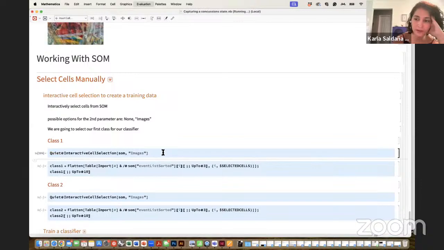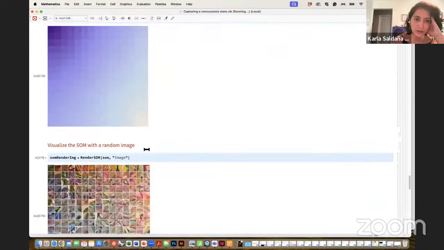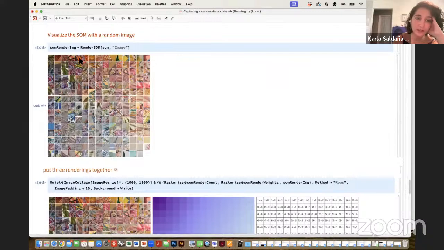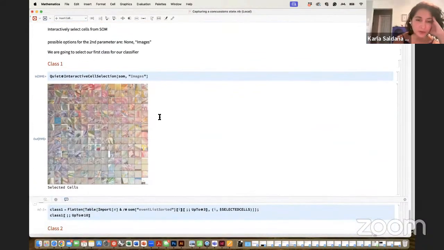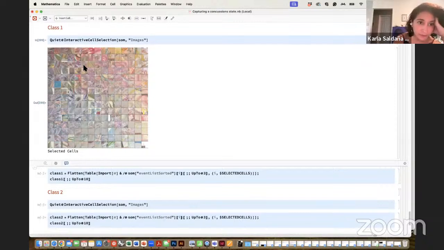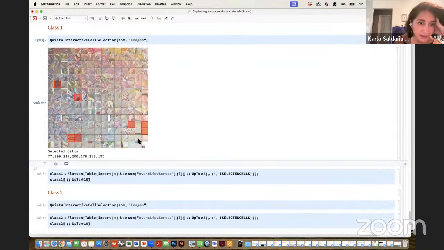When we run this line of code, we're going to load this grid, and we're going to be able to manipulate it in a way that we can select. For example, my class number 1 is going to be about what I consider, how I'm reading this data, to give me examples of calm. So I'm going to start selecting some of these examples that I think are part of this concept. As I said, you should take more time to do this; I may be just rushing to finish and to show you the result.